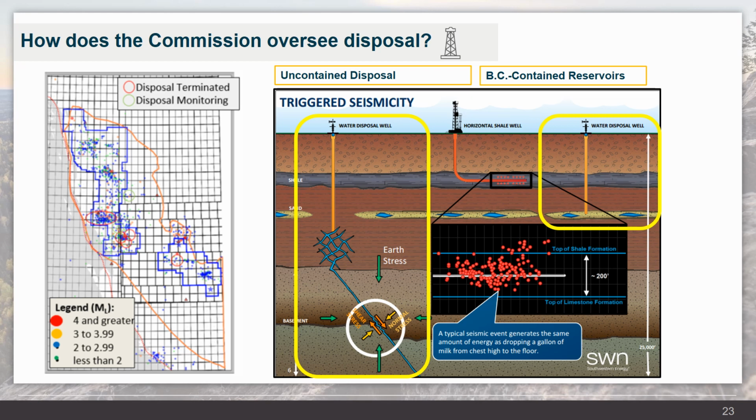Although there have been historical instances of significant seismicity related to disposal in Northeast BC, the Commission has made several enhancements to the application, approval, and oversight processes for disposal wells. As such, the instances of significant seismicity related to disposal have been steadily declining. Changes the Commission has made include limiting the pressure at which fluids can be injected into the formation, which in turn limits the rate, and ensuring an annual pressure test is performed each year.